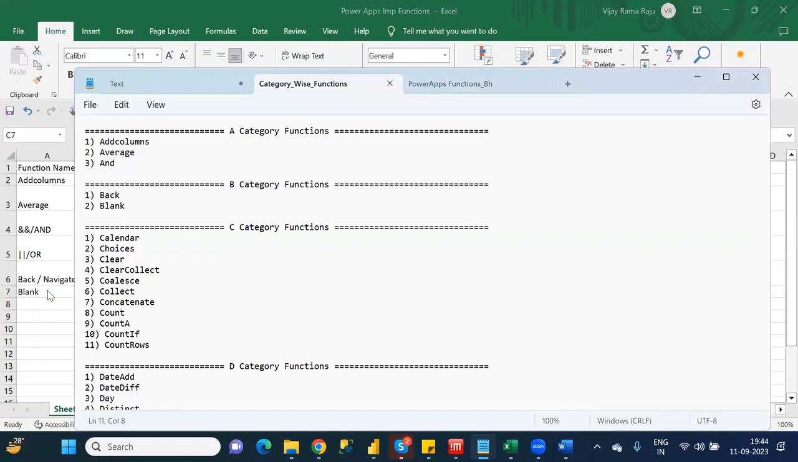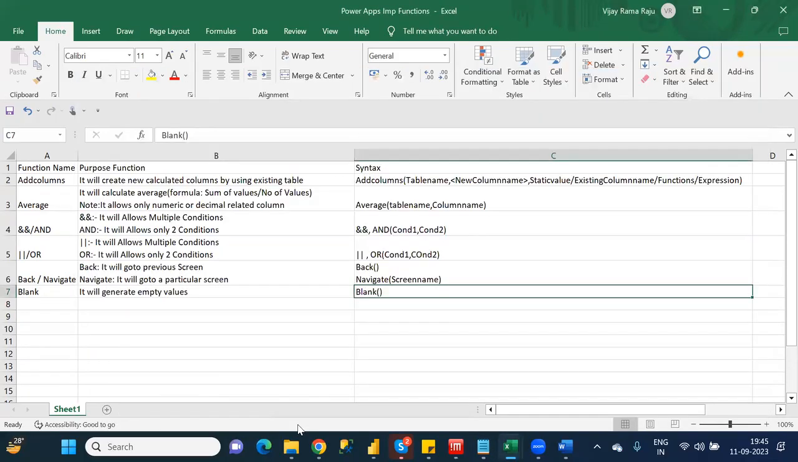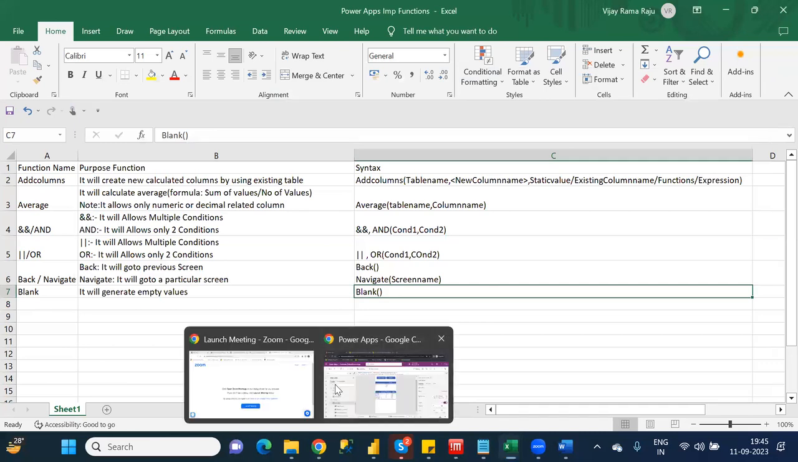Calendar dot. Suppose you want month name, short month name, short week name. There are different categories. So based on that, you have to mention it. Suppose, for example,